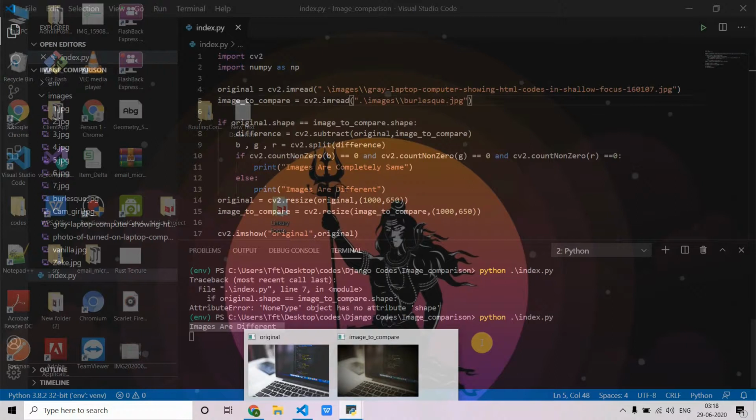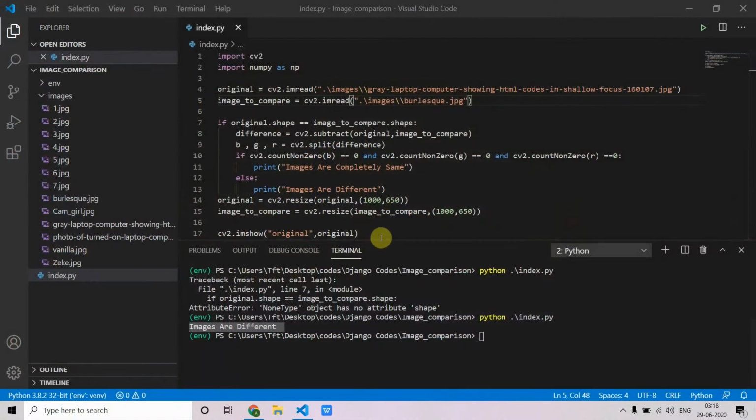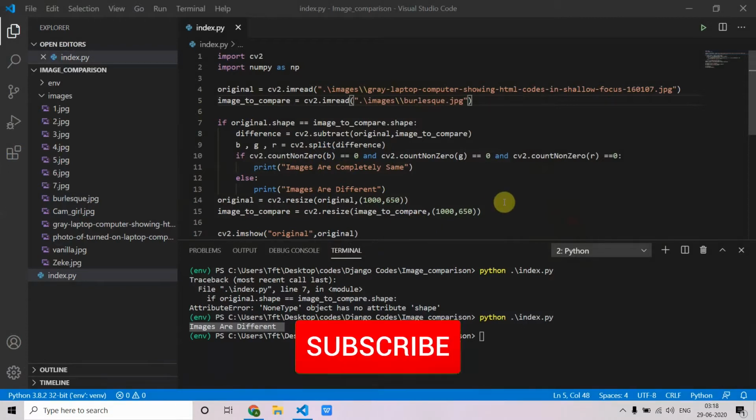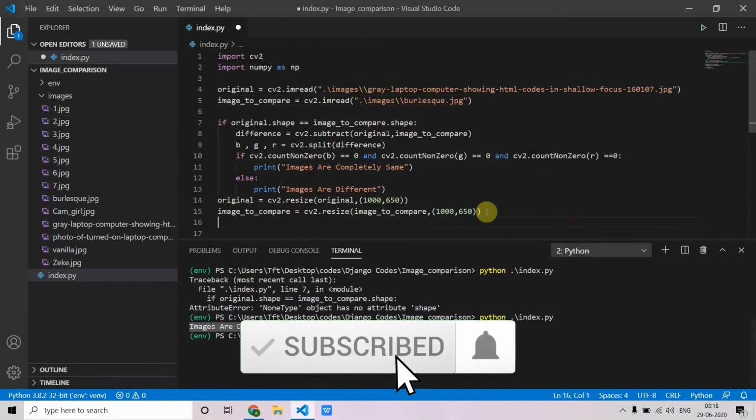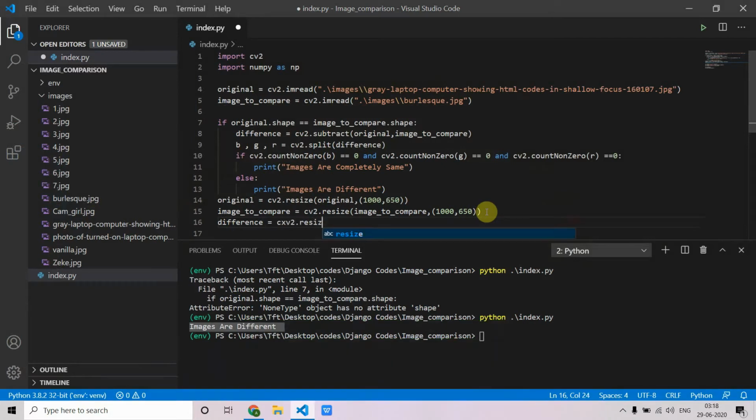So to see the difference, we have to resize the difference image. Difference is equal to cv2.resize difference and dimensions.